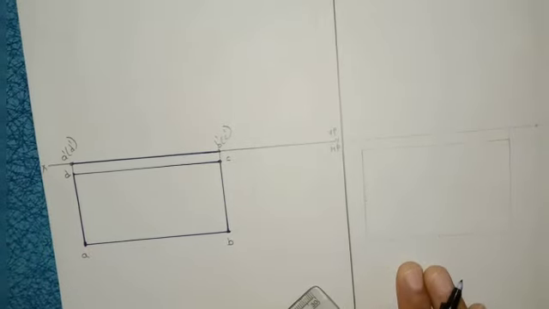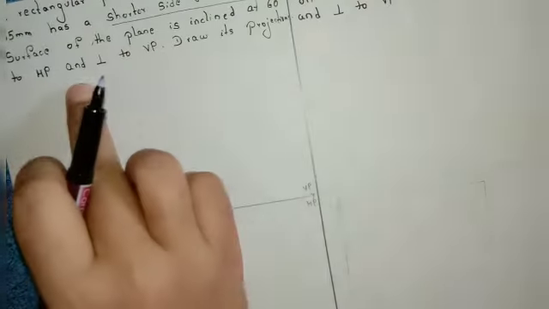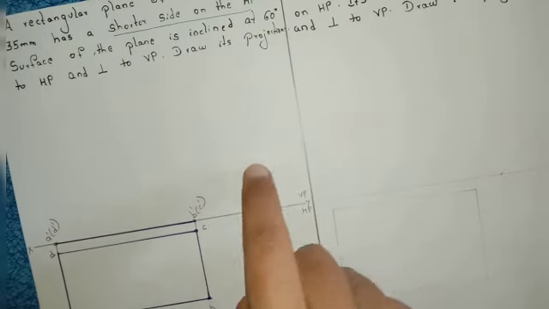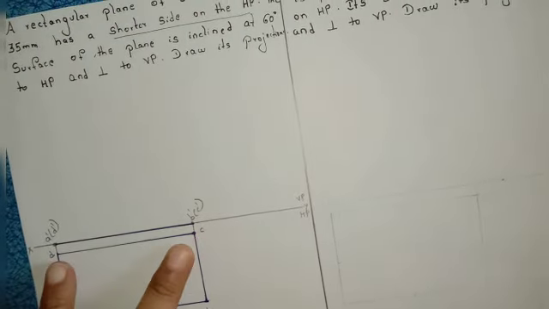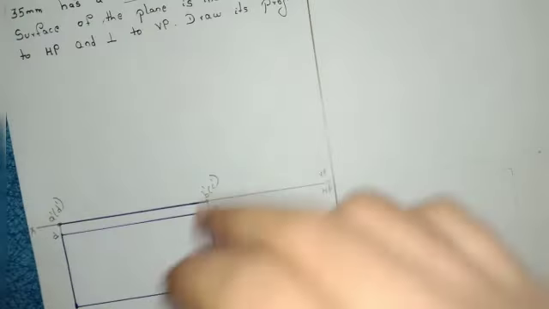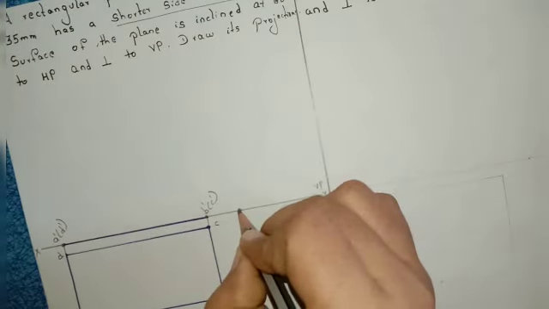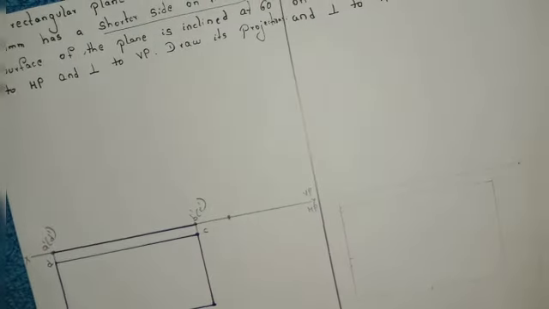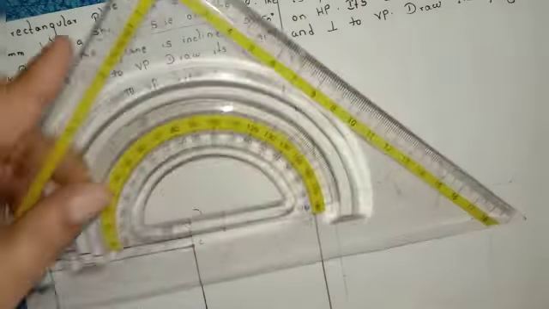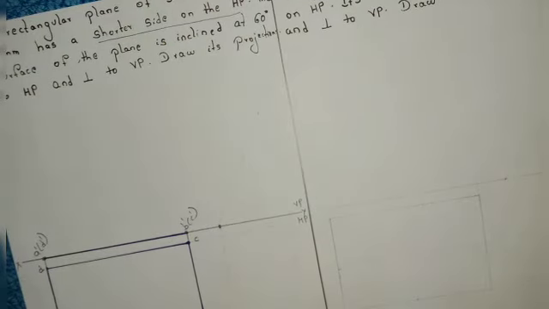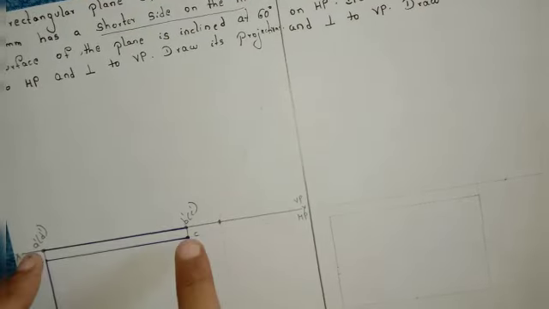Right, after that angle is how much? 60 degrees to HP. To HP means I should mark the angle here. Right, so length is how much? Take this length from A dash to B dash and draw here with an angle of 60 degrees. So same process, take any point on the reference line, leave some gap and mark the point. After that mark the angle 60 degrees. Right, now you should draw a line which is equal to this A dash to B dash.